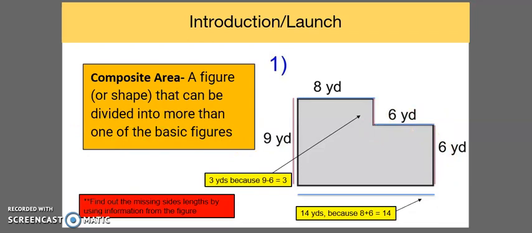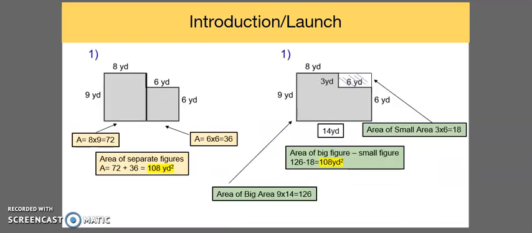I'm going to also review 2 different ways on how to find the area of composite figures. This first way of doing it is breaking down the figure into two or more smaller pieces. So here I broke it down, I drew a line straight down and broke it down into 2 rectangles. In this rectangle, we know that area is length times width. So what we're going to do is multiply 9 times 8 gives us 72. We're also going to find the area of this figure, which is 6 times 6, which is 36. And in order to get the total area, we want to add the 2 areas together, giving us 108 yards